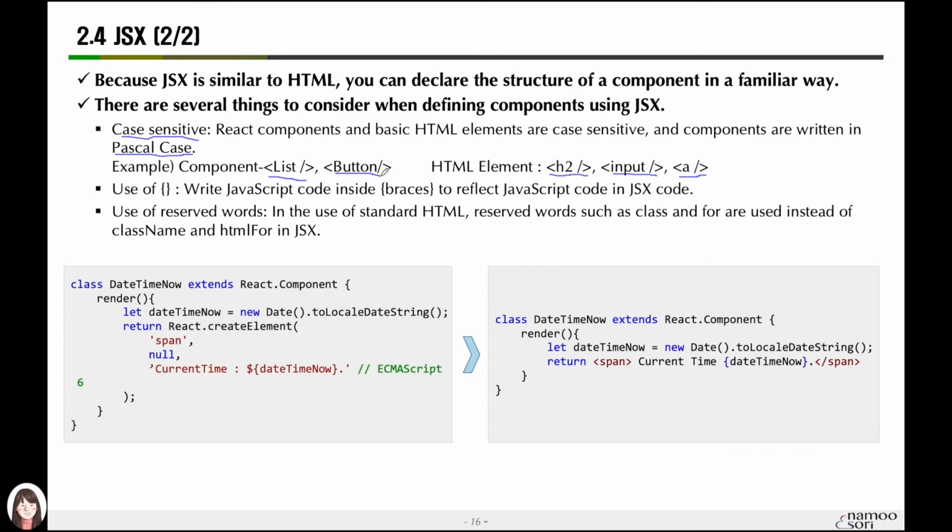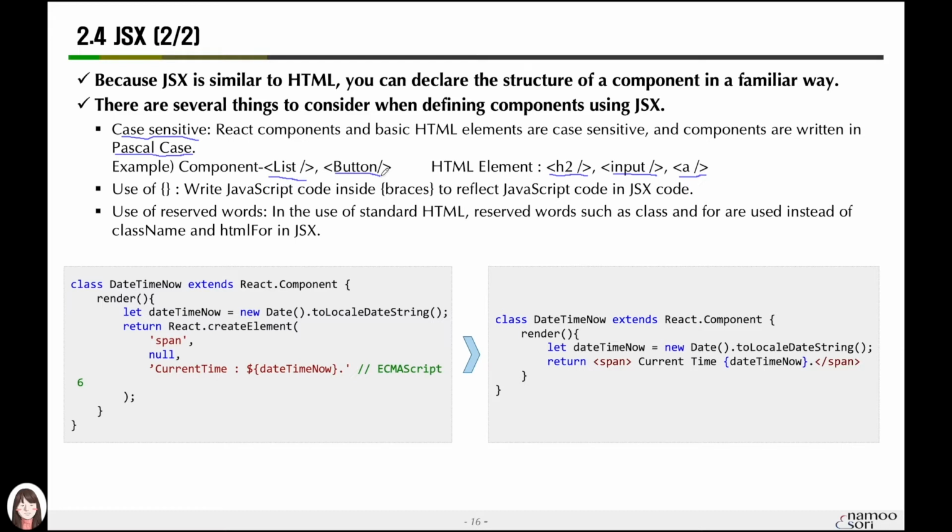If you write button in lowercase, a tag written in JSX syntax is considered a button of an HTML element. In that case, we get an error when we give some attribute because it may not be in the default HTML element. That's the first part that you should be aware of when applying JSX grammar.